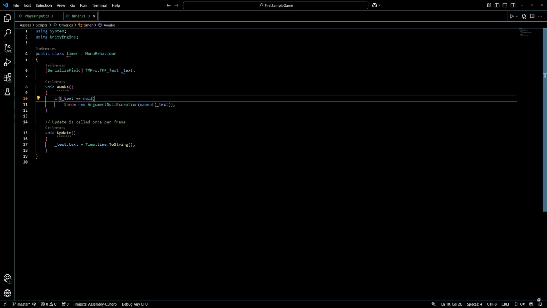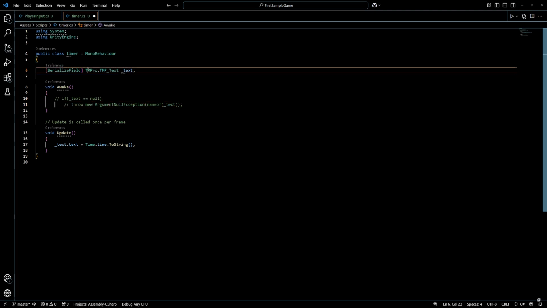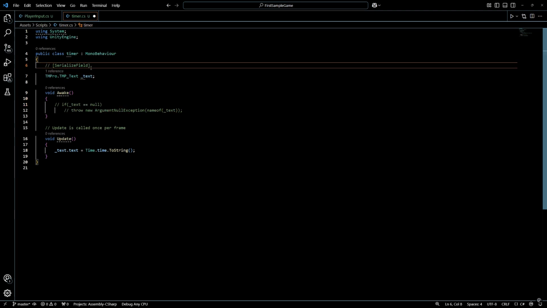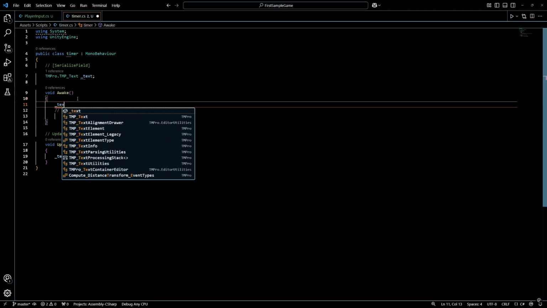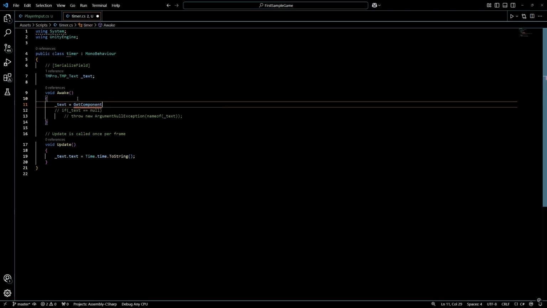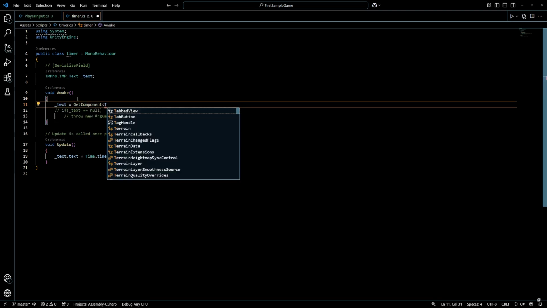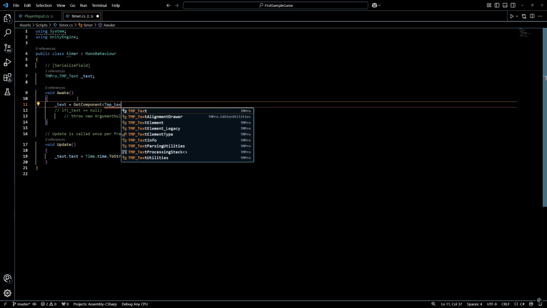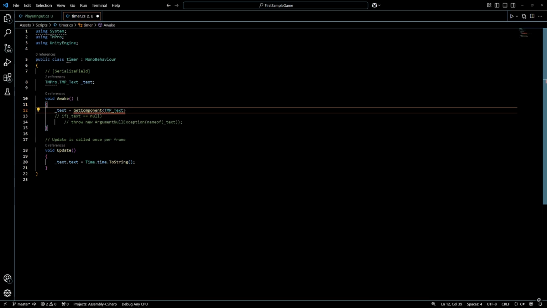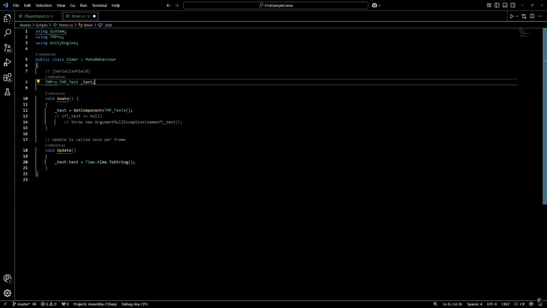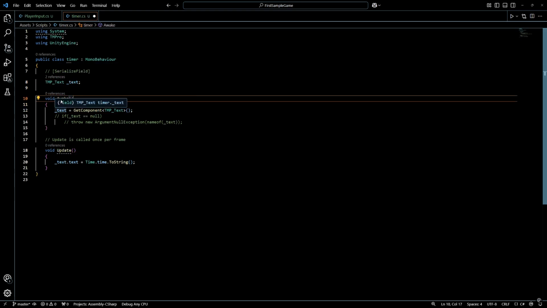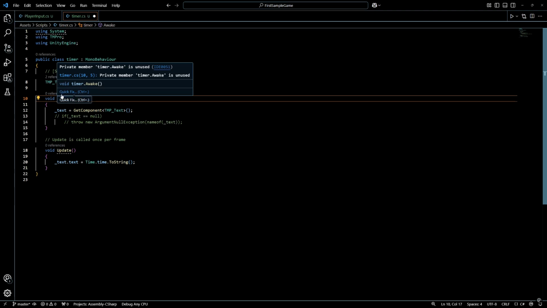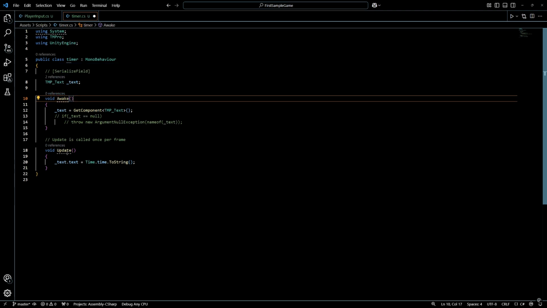Actually, after this error, I decided I don't want to deal with this problem this way, so I changed the code to get the TMP_Text reference in another way. I decided to use a Unity method that is available in a MonoBehaviour inherited class, GetComponent, angle brackets with a type, end of angle brackets, regular brackets. Inside the angle brackets, we specify the type of Unity component we want to get. GetComponent only works if the specified type is on the same game object.